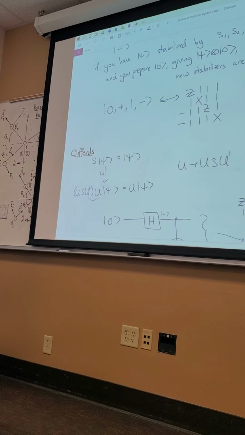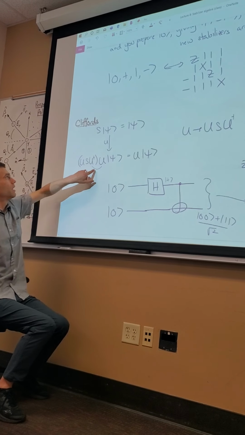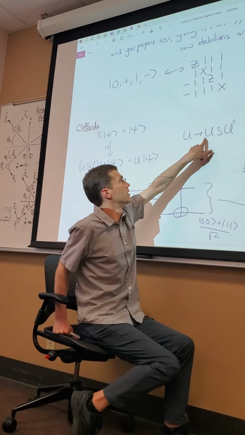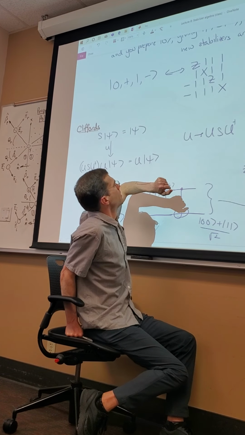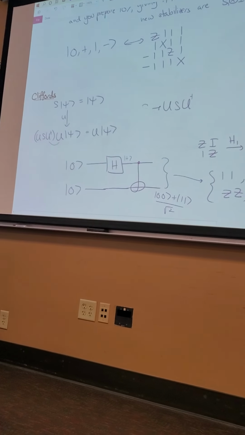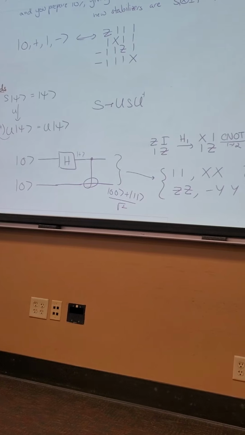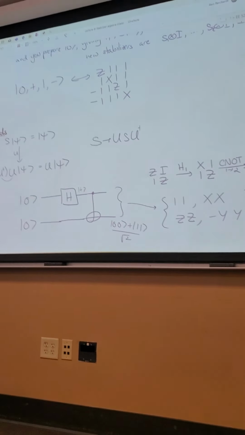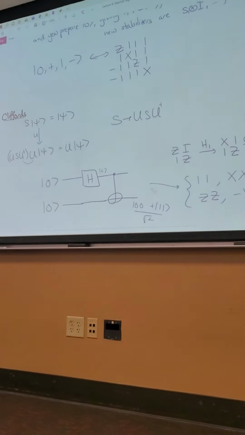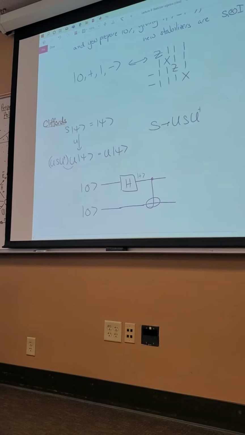Okay, now where it becomes interesting is when you apply Cliffords, which we've already said. So when you apply a Clifford, the stabilizers are conjugated by the Clifford, like this. The stabilizer is conjugated by the Clifford, so you get another Pauli operator. And that's true for all of them. So here's an example. This is sort of what you did on. This is getting close to